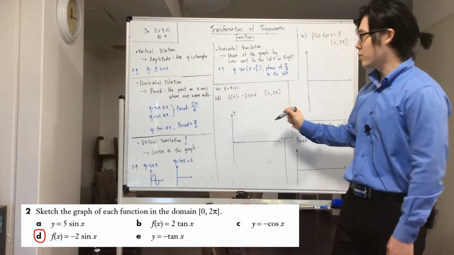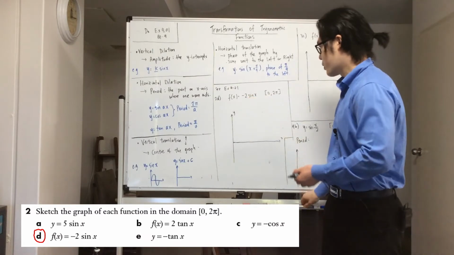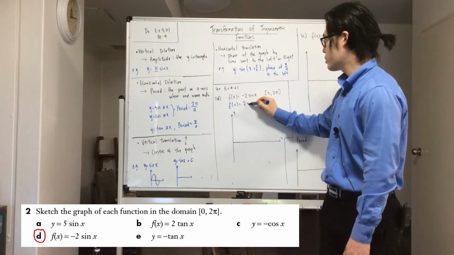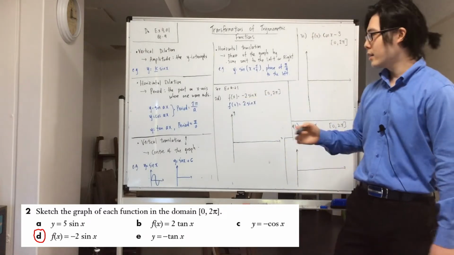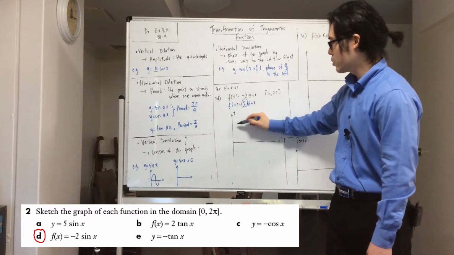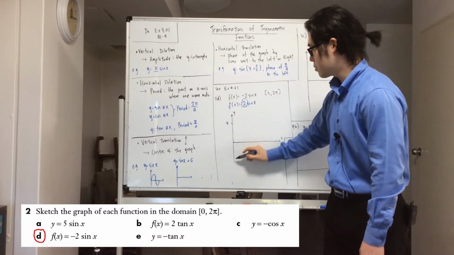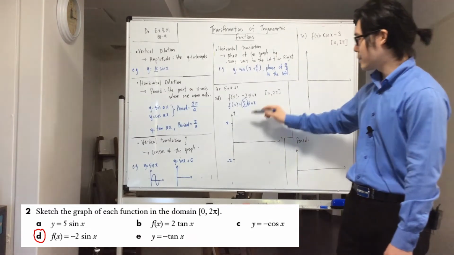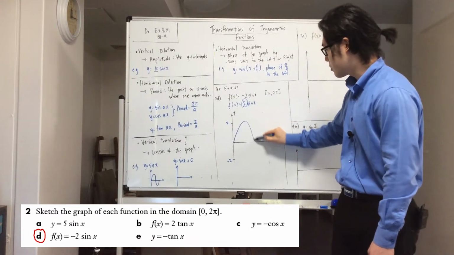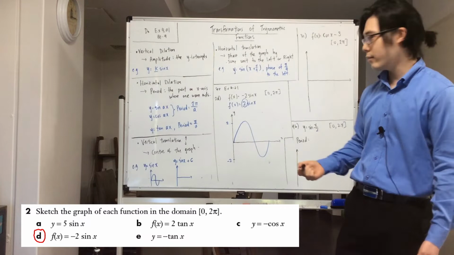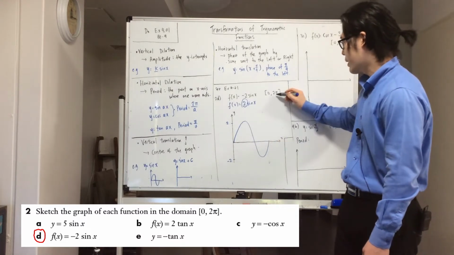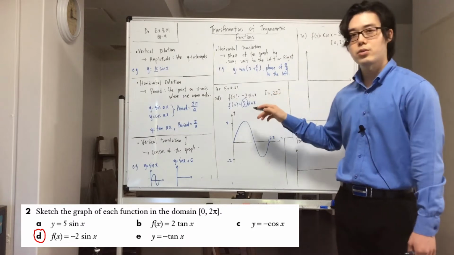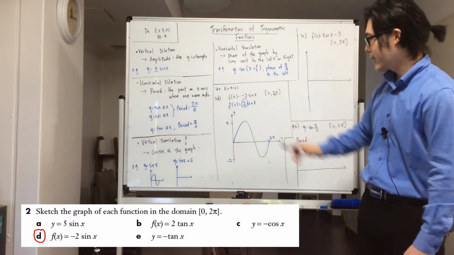Now, if I was to draw this, what I would want to start off by drawing is just 2 sine x first, okay? So label the 2 on the y-axis. So that means it has to go to 3 minus 2, which we've learned last term. And the sine x graph just basically looks like this. So just draw one sine wave, and one sine wave ends at 2 pi, okay? This question means they want you to draw the graph from 0 to 2 pi, and that's basically the graph